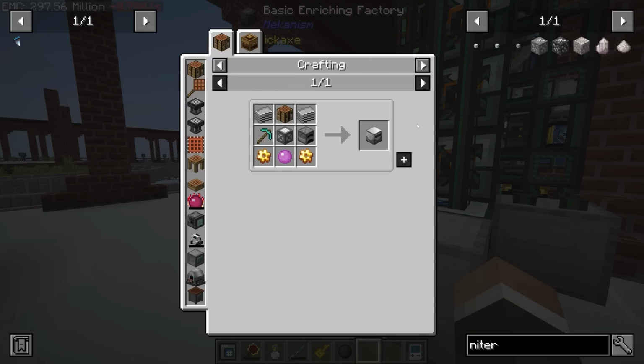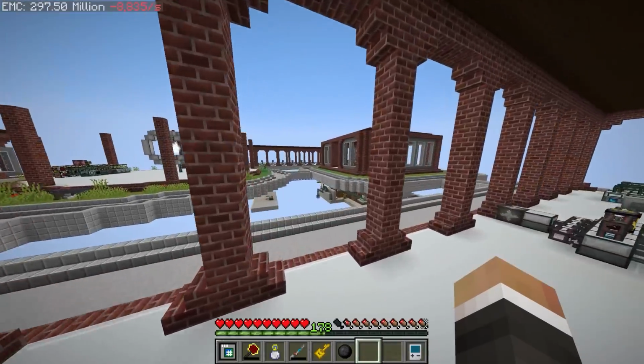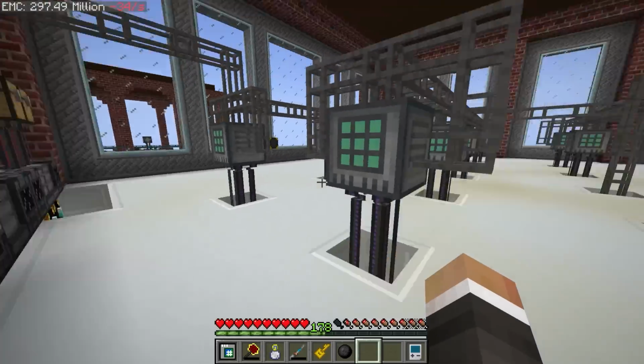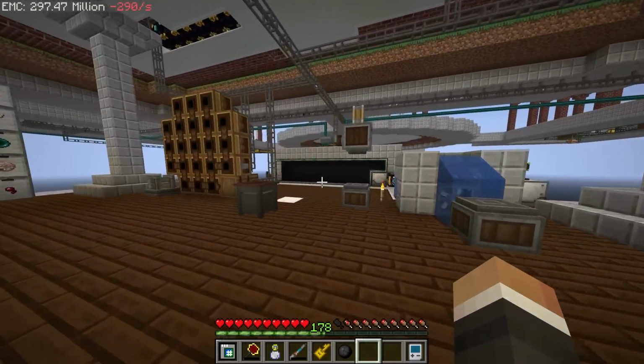It's also quite possible that we could look at using the material stoneworks factory from Industrial Foregoing to potentially automate the production of sandstone. That might not be a terrible idea. I don't know if it's worth using the material stoneworks factory to produce sandstone, but I think it could definitely be worth using it to produce sand, and maybe even gravel as well, because right now, if